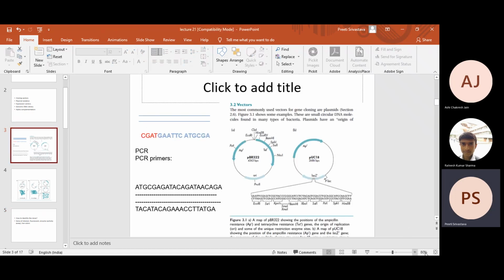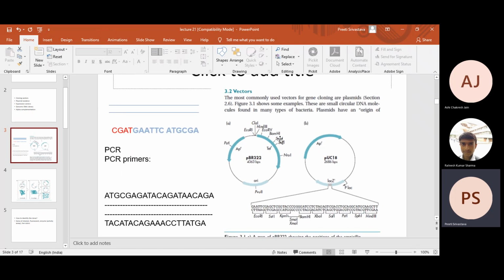let us look back at the sequence again. The first sequence that you see, pBR322, has the EcoRI site which is actually present in between the ampicillin and tetracycline resistance gene cassettes, right? So what you can do is, now listen to me carefully, instead of EcoRI, you can select any other sites. For example, you can select BamHI, you can select SalI, you can select NruI, you can select EcoRV, you can select SphI, or you can select PstI, right?